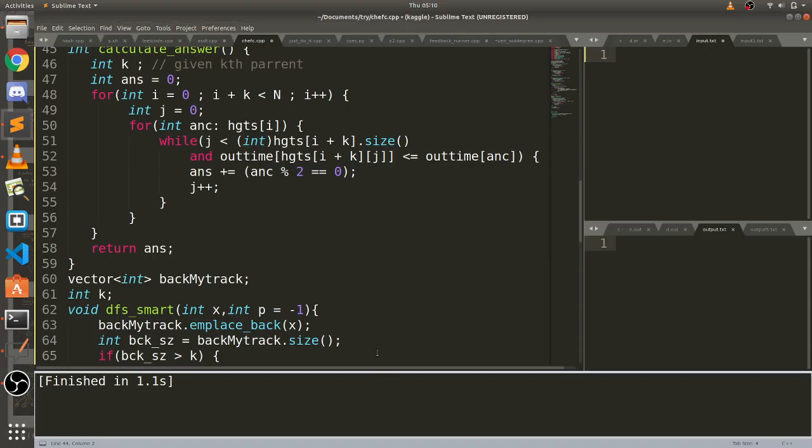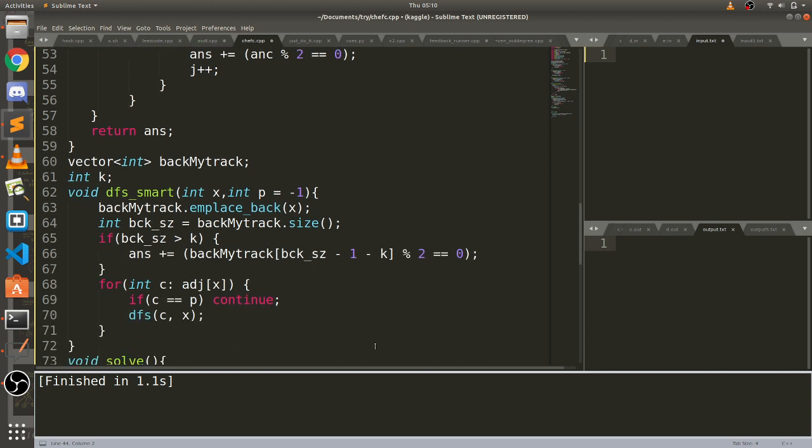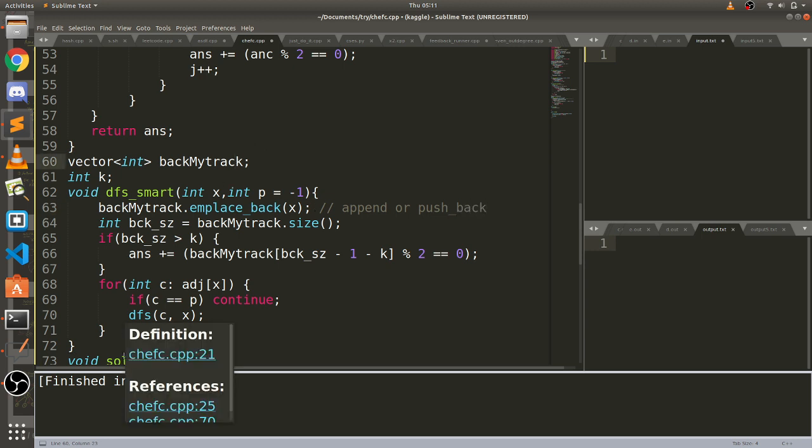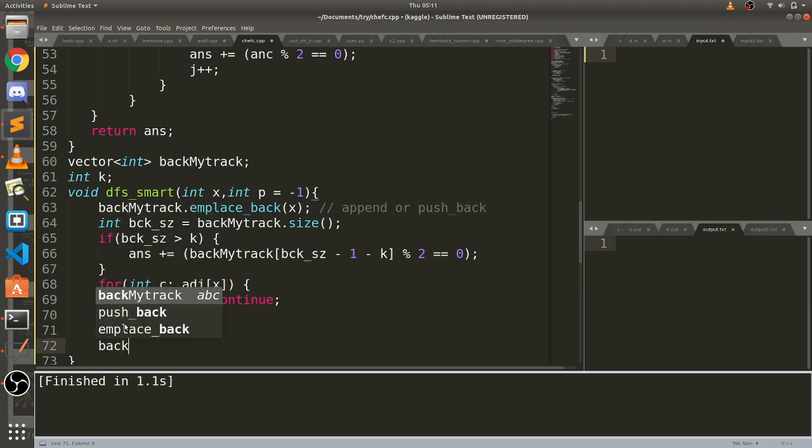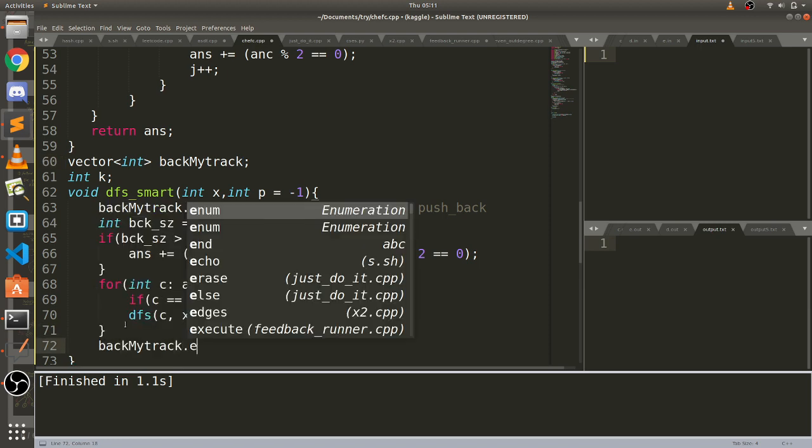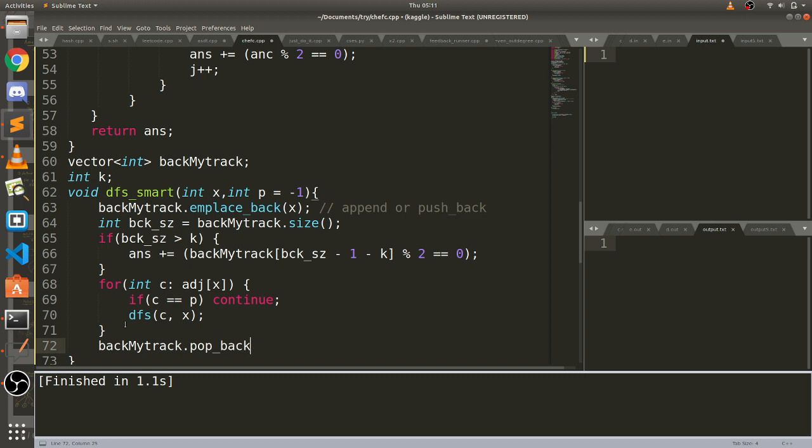Here, in Sublime Text, emplace back is basically append or push back into my list, and backtrack is the name of my list. And when we go out of recursion, I will pop back, I will remove that item because it's no longer necessary.